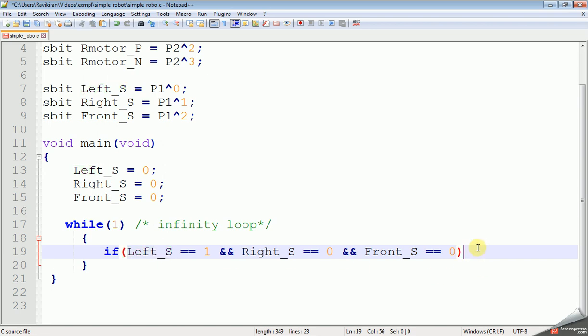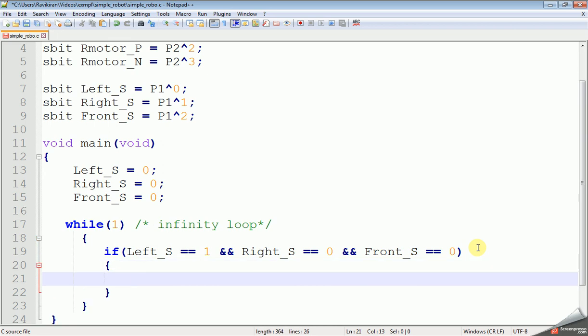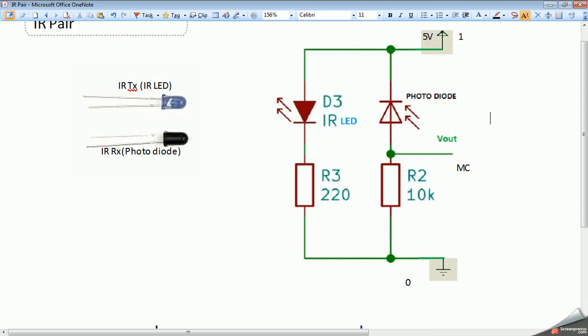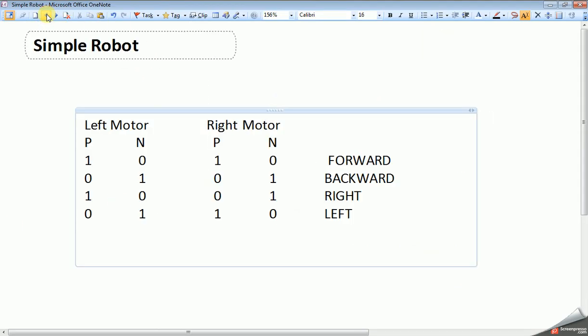Then the logic will be, so this motor logic is already given in the sheet, that is this one. Whenever there is an obstacle at left, the motor has to rotate to the right side. So the right side logic is already given here, 1 0 0 1. So 1 0 means left motor clockwise, right motor anti-clockwise. Then the robot will move in the right direction.